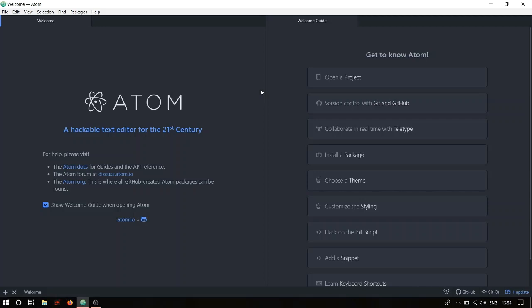So people who already know Django will get an idea of what I'm talking about, and people who don't know what I'm talking about with function-based views and class-based views, you don't need to actually know. You'll just get to know what function-based views are, and when you actually learn class-based views, you'll know why function-based views are better. So yeah, let's get started.